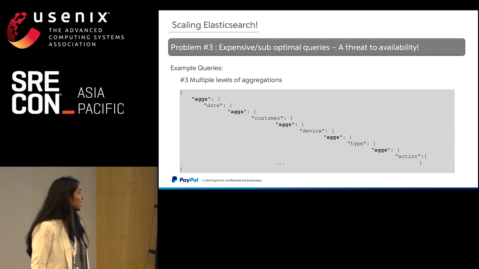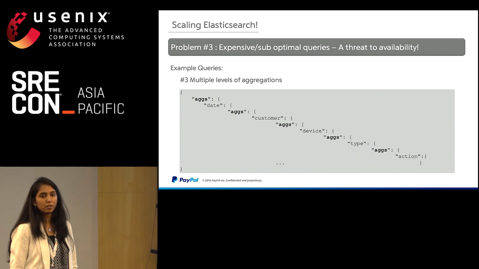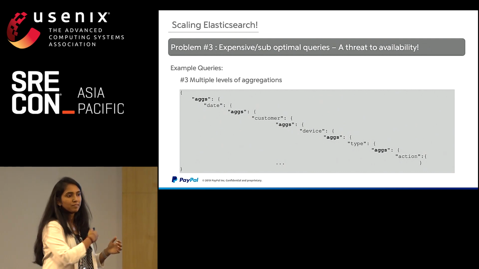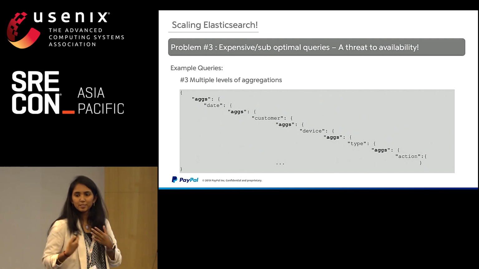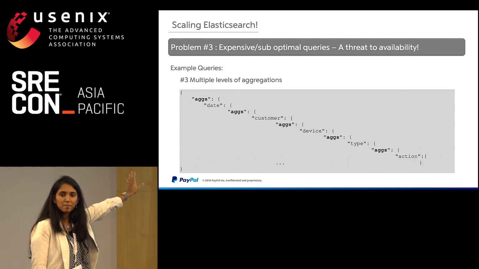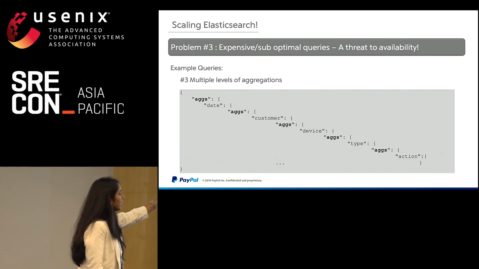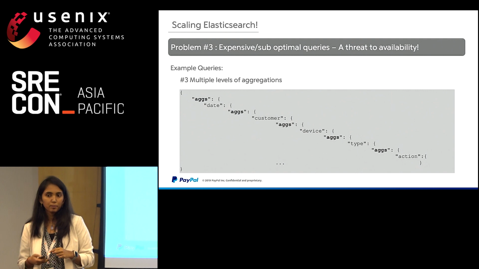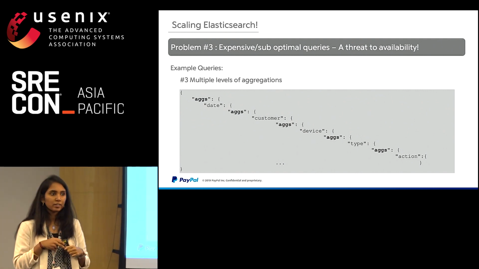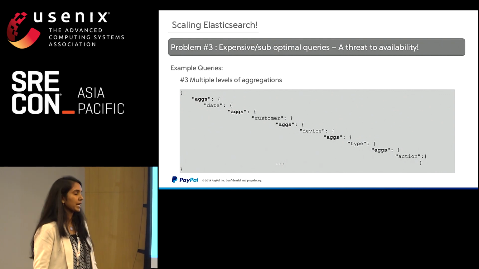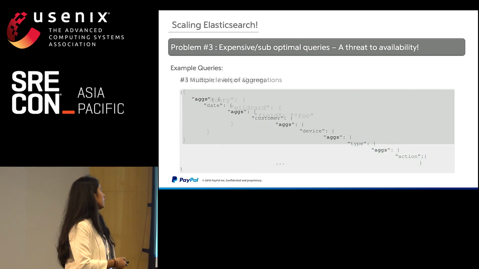Problem 3: multiple levels of aggregation. In Kibana, if you have used it for any of your visualizations, you give a date histogram, then you have a couple of filters, a couple of aggregations, and do a group by on top of it. This again by itself is a problem because for each of the aggregations, you will not be sure what the bucket category is, because it gets dynamically built based on your resultant data set. And for the level of aggregations, that many buckets would be created in Elasticsearch, which is again a problem.